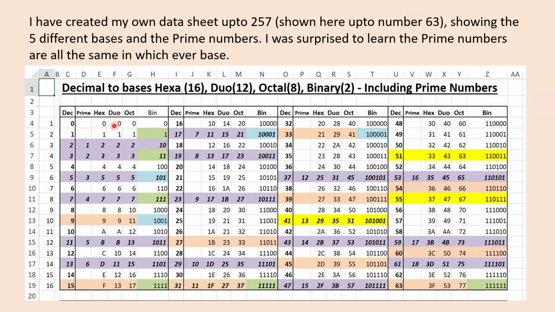Base 12 next to it, 1, 2, 3, 4, 5, 6, 7, 8, 9, A, B, 10, 11, 12, 13, and so on. Base 8 next to that, to 7, and that goes to 2 digits, 10, 11, 12, and so on. Binary obviously very quickly goes up in numbers because there's only 2 numbers before the next level. But what I've written in this column is the prime number. So the first prime is the number 2, second prime, third prime, fourth prime, fifth prime, sixth prime, seventh prime,